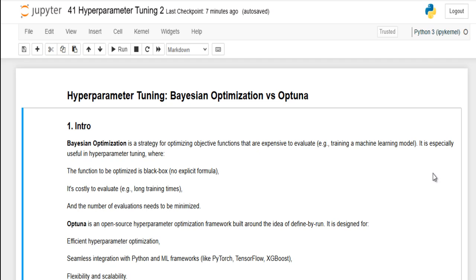All right, this time we want to proceed from where we stopped last time. We are looking at hyperparameter tuning, which we focus today on Bayesian optimization and Optuna. So we want to quickly look at how we can implement these two